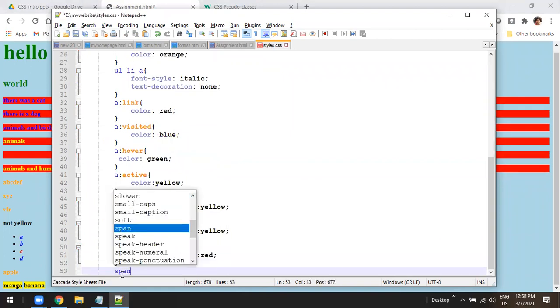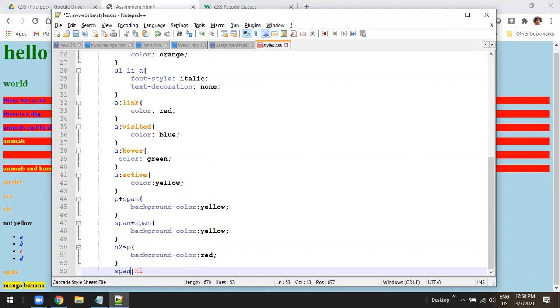span dot high, no space. If you give space, it won't work. If you give space here, then it will say that high is a descendant of span. We don't want that. We want span dot high. That means,